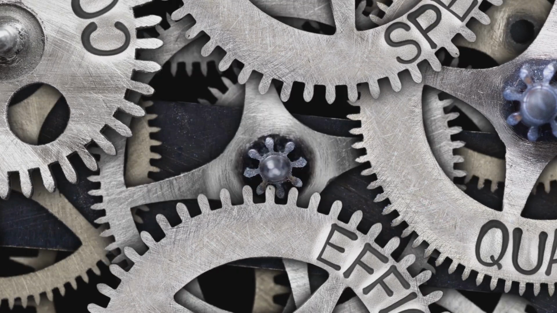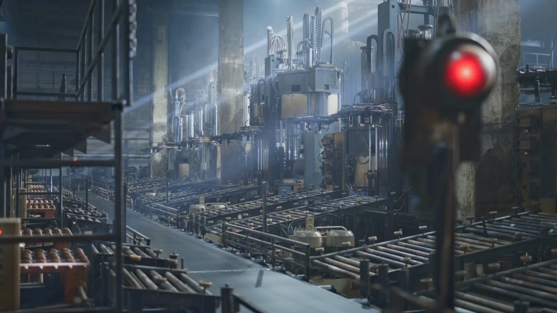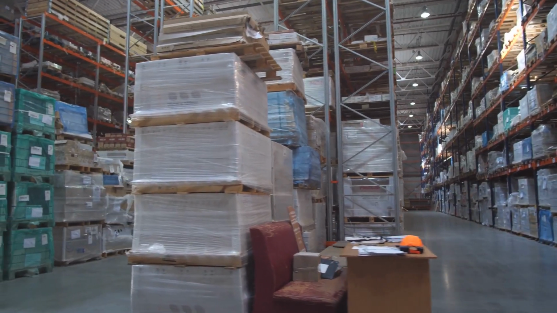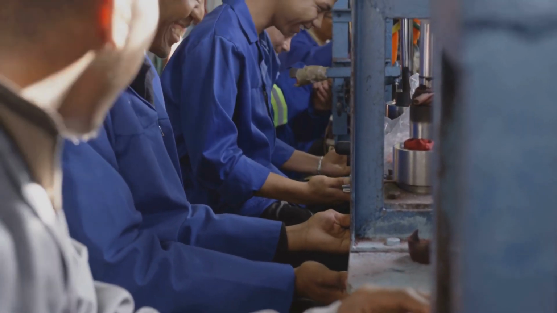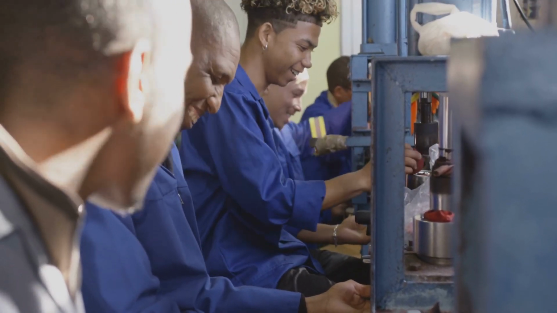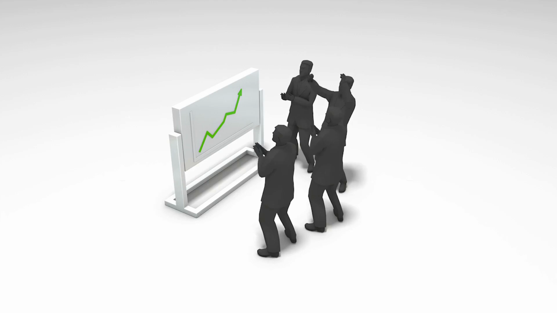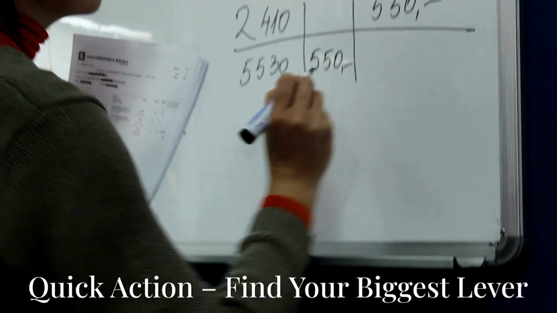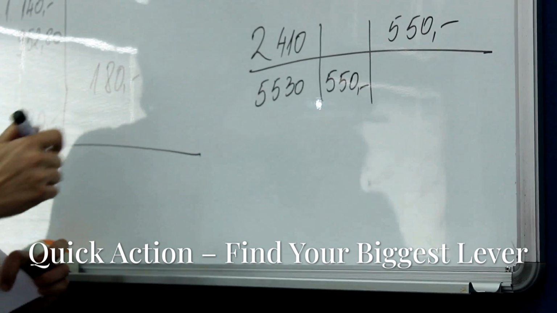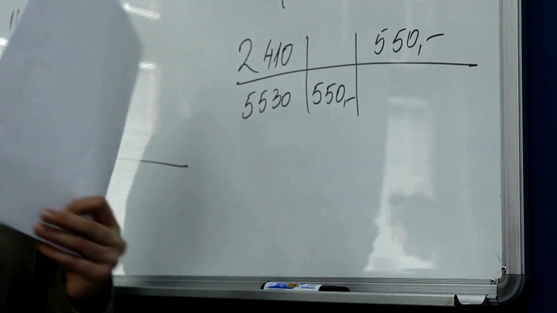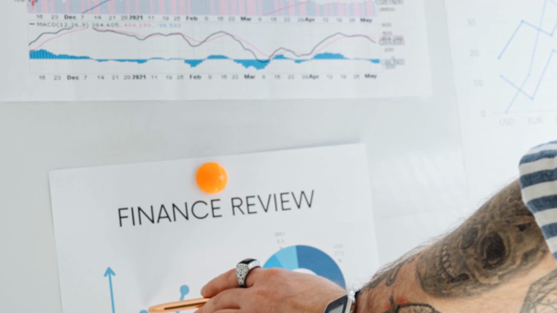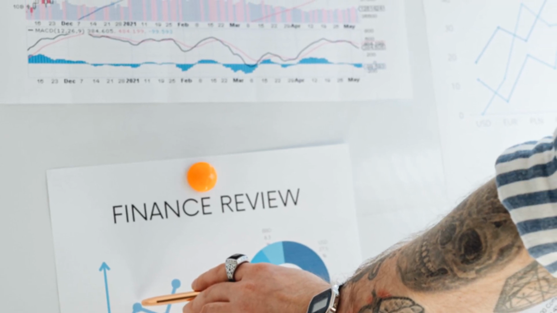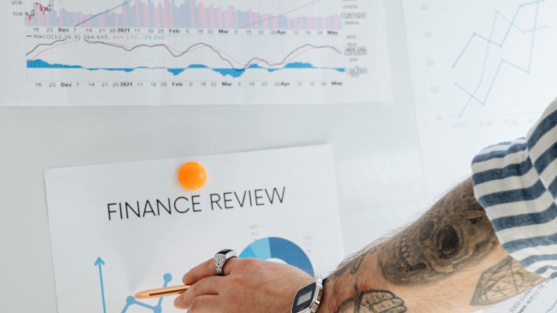Goldratt reduces every metric to 3 levers: throughput, or T, which is money coming in per time; inventory, or I, which is money tied up in things you plan to sell; and operating expense, or OE, which is money going out to turn inventory into throughput. If you improve T and/or shrink I and OE, you're winning. All right, so just take a moment and estimate last week's numbers for T, I, and OE. It doesn't have to be exact, just a rough idea is fine. Now, which lever do you think offers the biggest quick win?